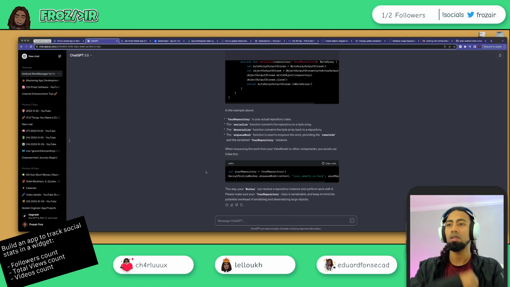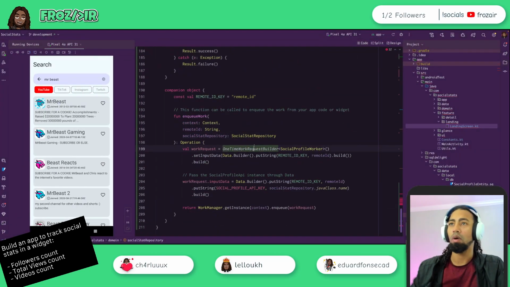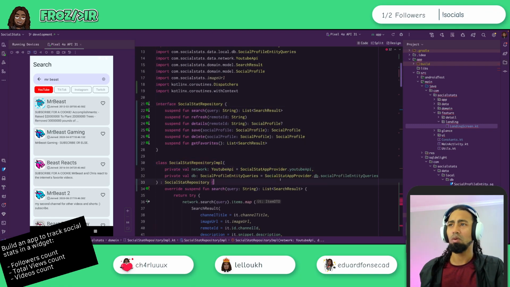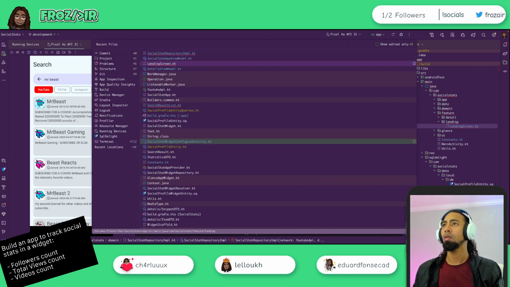So this is where dependency injection will come into play big time. In the meantime, I don't have that. So instead, my social repository, it looks like I don't need to worry too much about things because it's all singletons. So instead, what I'm going to do is I am not going to worry too much about